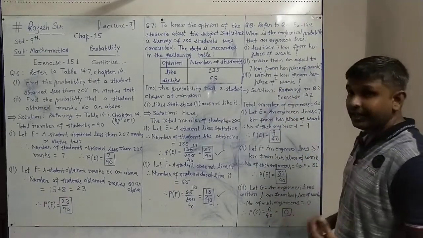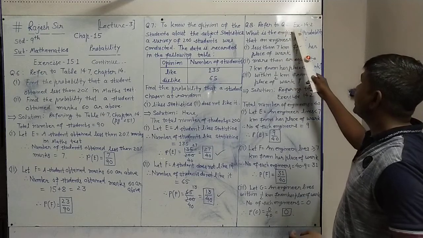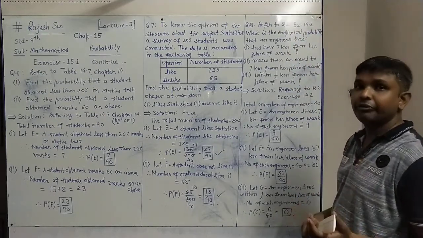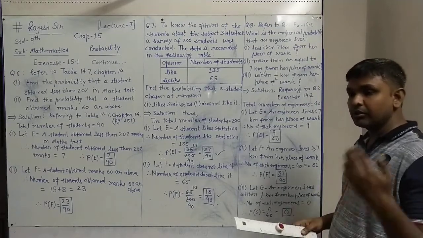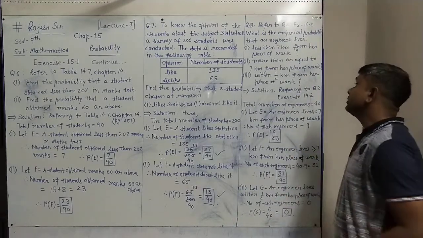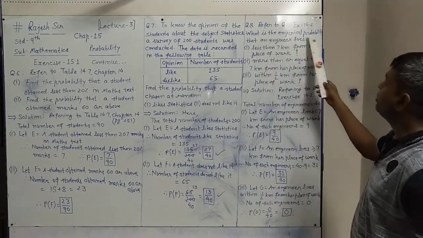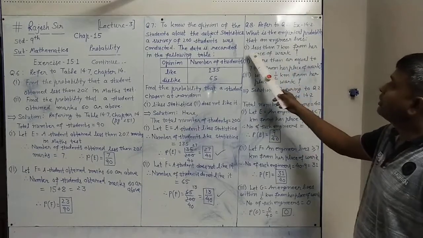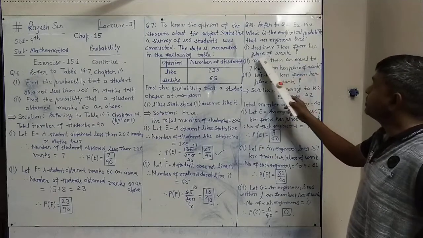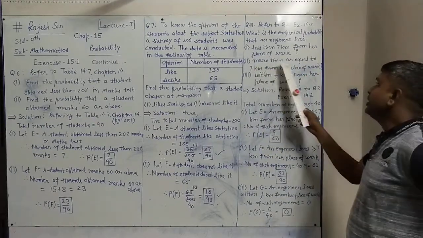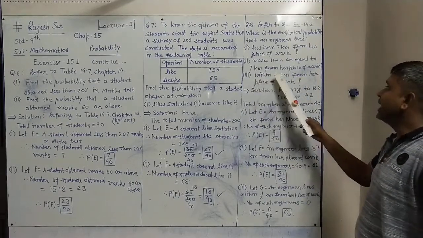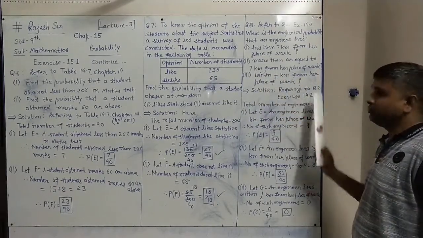Now the next question, number 8. Refer to question 2, exercise 14.2. This also we have to refer to in the previous chapter, chapter 14, exercise 14.2, question number 2, and then give the answer to the given question: what is the empirical probability that an engineer lives, number 1, less than 7 km from her place of work; number 2, more than or equal to 7 km from her place of work; and number 3, within half a kilometer from her place of work.